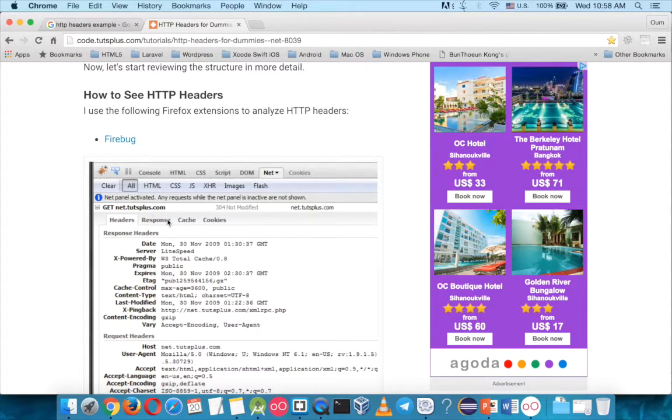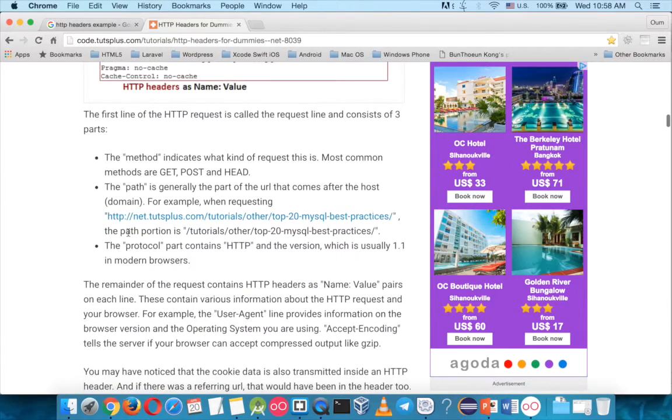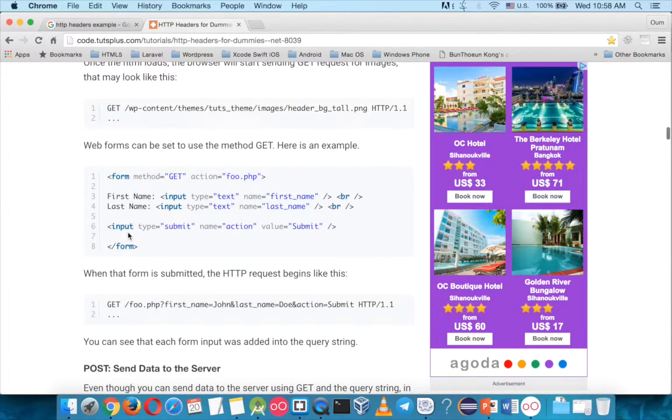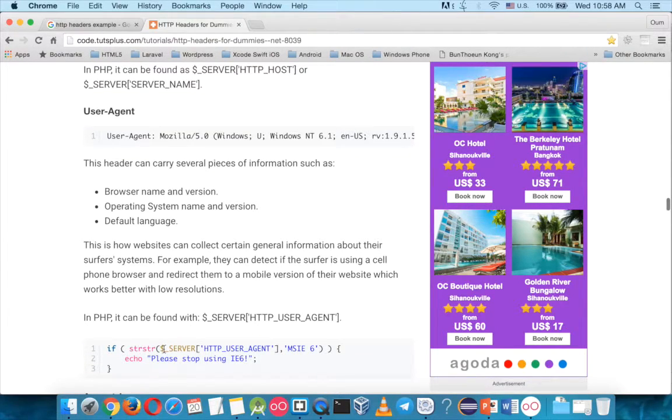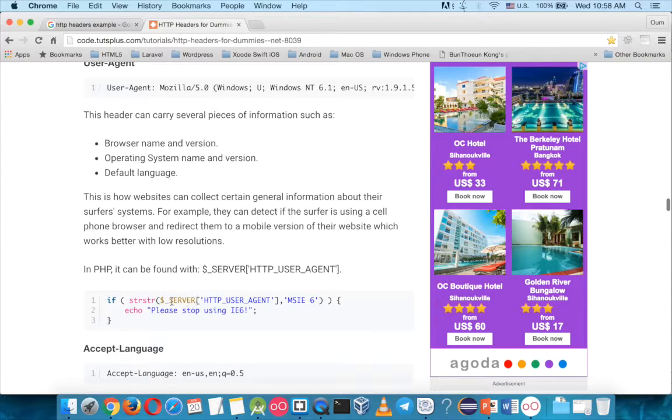And I recommend you read this, but I will not go down much. I will explain a little bit about this. What most people are interested in with the HTTP headers is the user agent. It's a way to test against the client's call, for example which browser or which platform. But in this part, let's say you test it in PHP. You say $_SERVER HTTP user agent, and